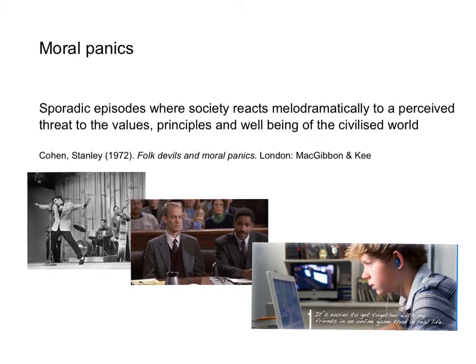that perpetuates the panic. Think about some of these panics represented in these images. In my parents' era, the rock and roll of the 1950s and early 1960s was seen as something akin to the devil. In the 1980s, we had a moral panic around the HIV/AIDS epidemic, and it was going to be the end of the civilized world. More recently, if we look at this final picture here,